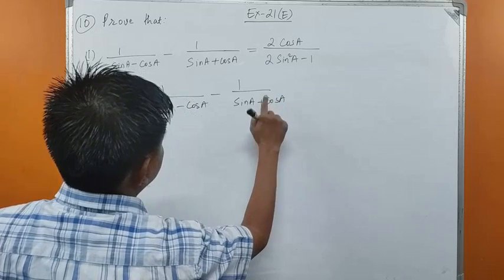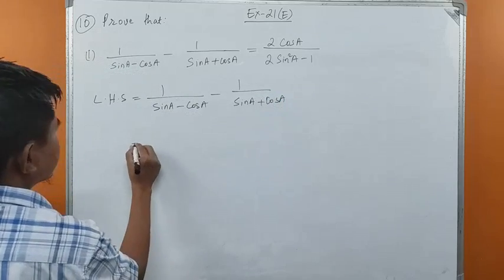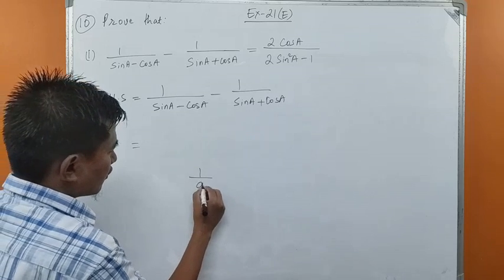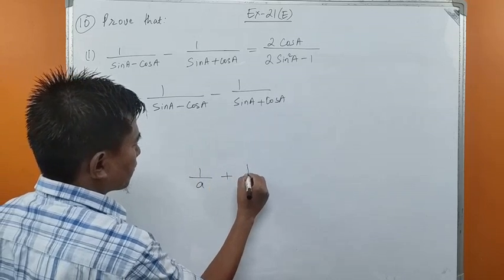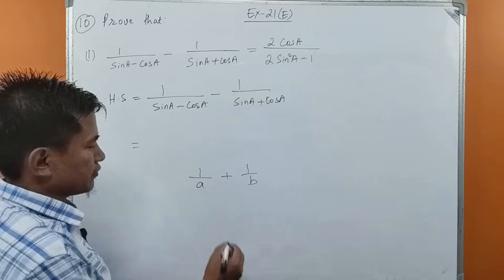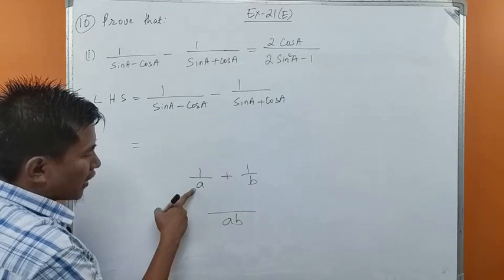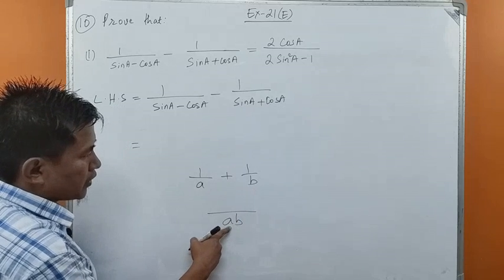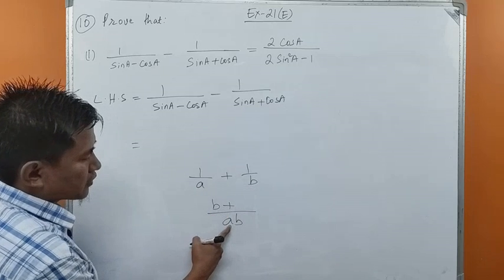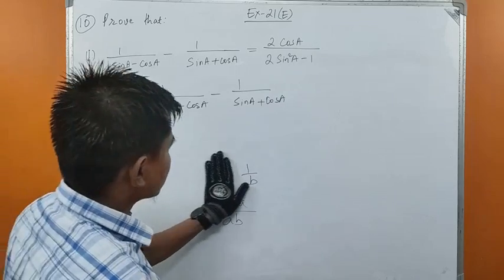So this is what we have in the left hand side. So let us take the LCM of the denominators. Suppose we have 1 upon A plus 1 upon B. How do we take the LCM of these two denominators? We just simply multiply A and B, isn't it? AB. Now A into B gives us AB, so that B into 1, B plus B into A gives us this AB, so A into 1 is A. We write in this way, isn't it? Similarly,